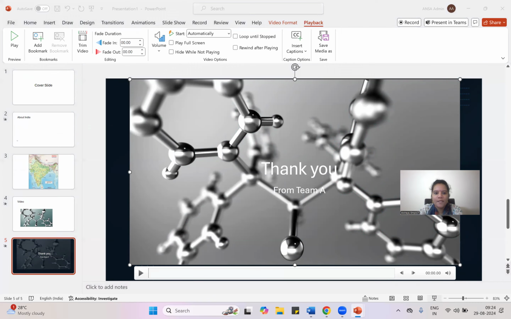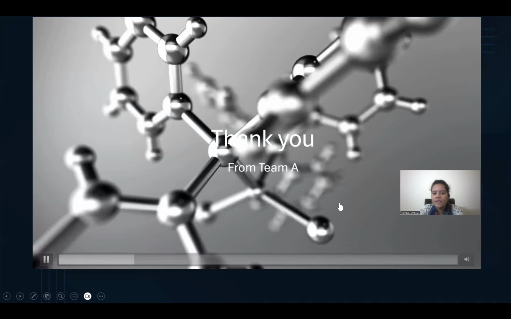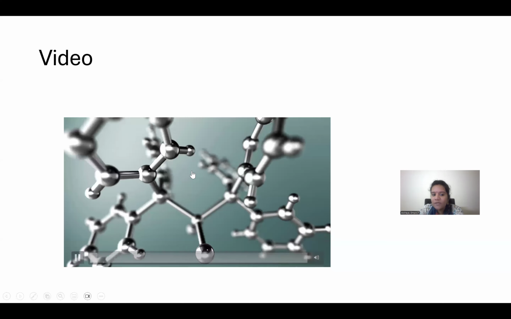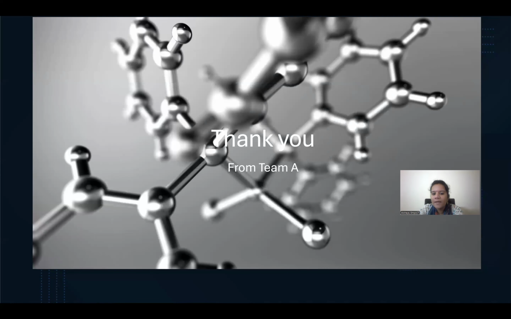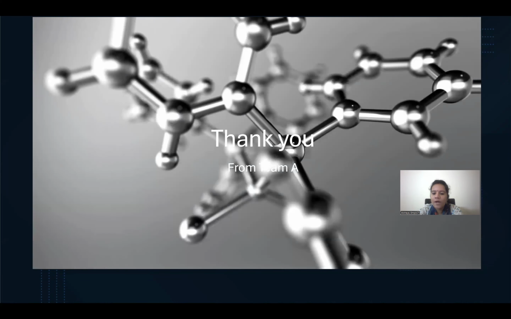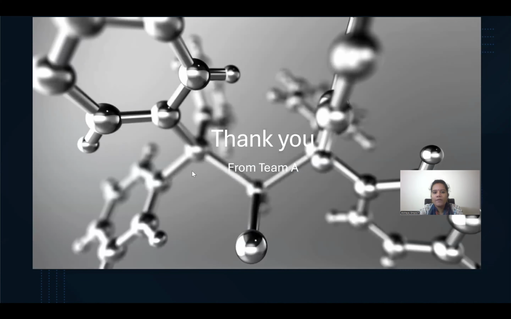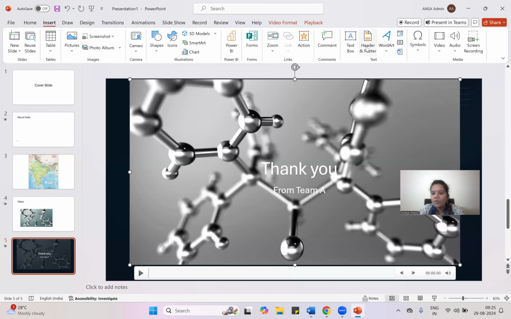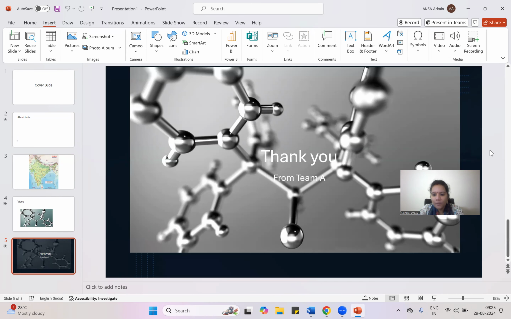So let's start the slideshow from here. The moment I come to the slideshow, this is going to play automatically. The previous slide, it will play only when you click on it. But here, if I come to the next slide, it will play automatically. So this is what happens when you have that option enabled, start automatically. The rest are video related edits that you will be doing. So this is all about how you insert audio and video within a particular PowerPoint.